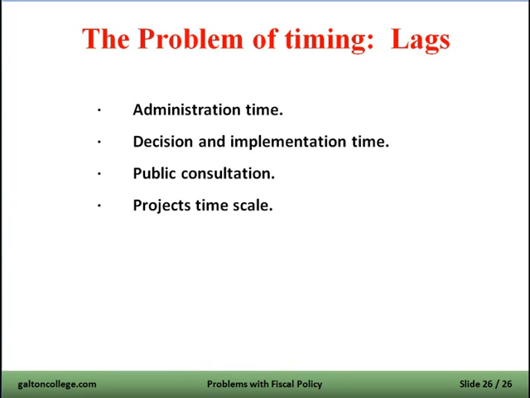So, using fiscal intervention to solve the problem of unemployment or to smooth out the business cycle is not that simple. There are many issues to be concerned with and many issues to consider. We look at this more fully in other classes on the course and in this series.